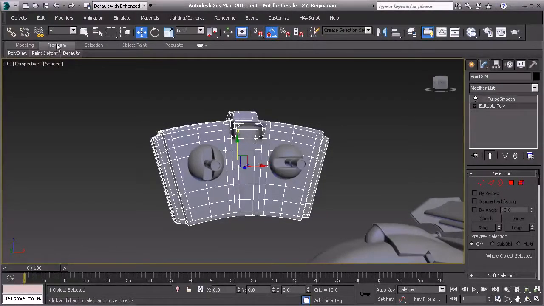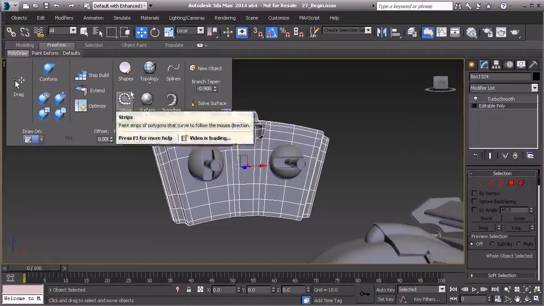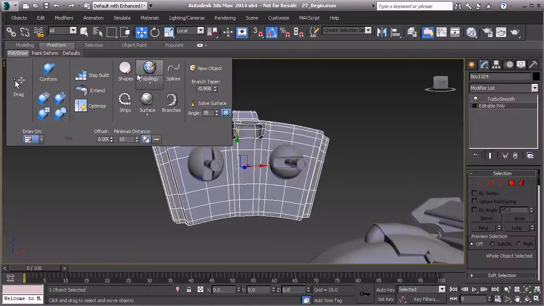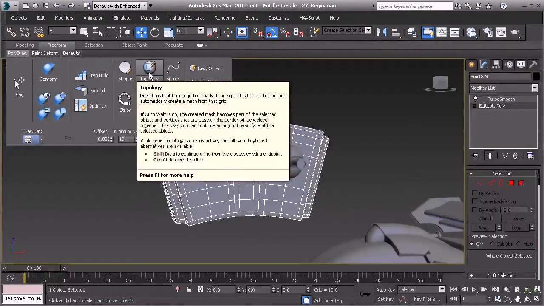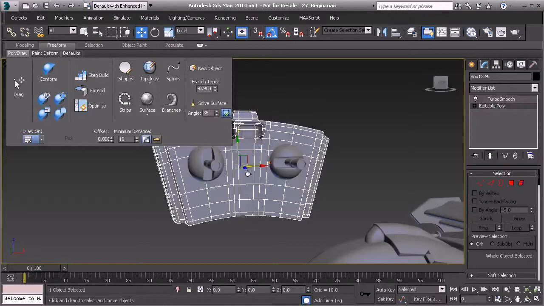Now right now I'm going to switch over to the Freeform portion of the ribbon, and I'm going to go to PolyDraw. Now here you can see that we have a list of tools that we can use for modeling, and a lot of these are going to be helpful for creating geometry from existing objects. So what I want to do is I want to be able to draw right on the surface of my